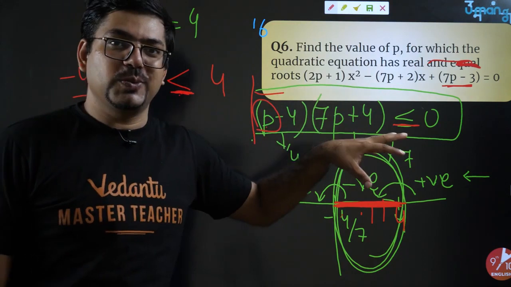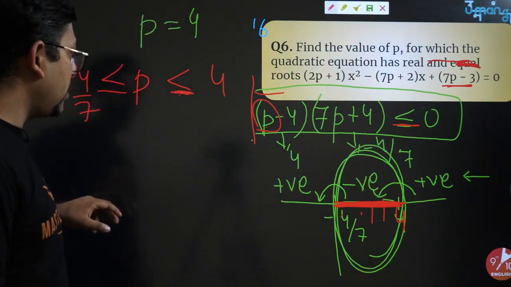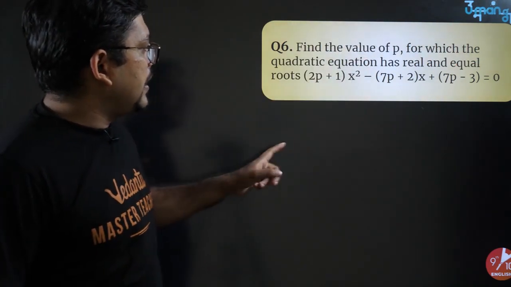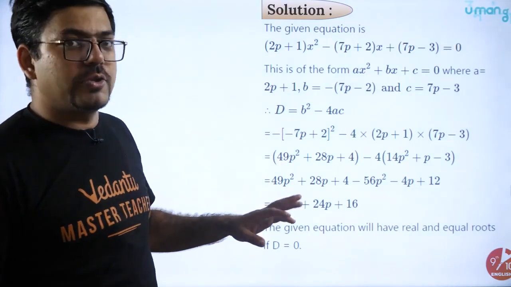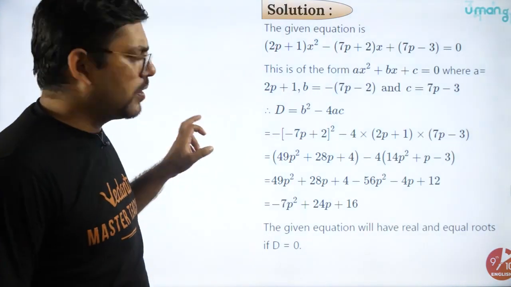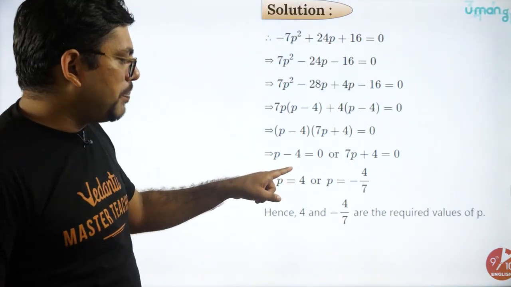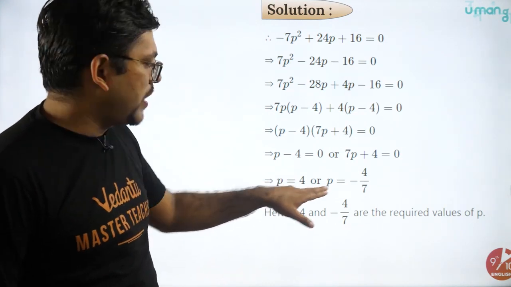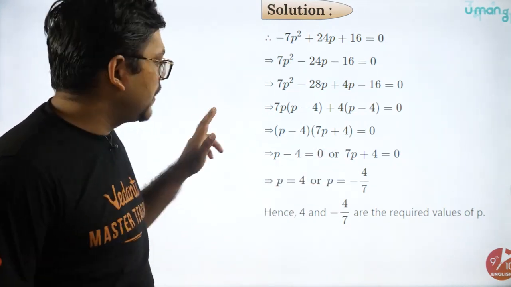So I just taught you. Okay, fine. Let's move on. So we won't be getting an answer for this here because this question has been solved with a different point of view. So let's leave it. Cool. So moving on. By the way, zeros are the same, 4 and -4/7. What we also got. Moving on.